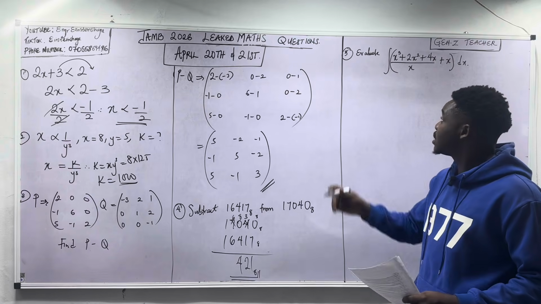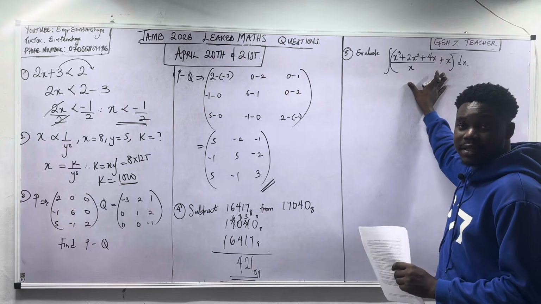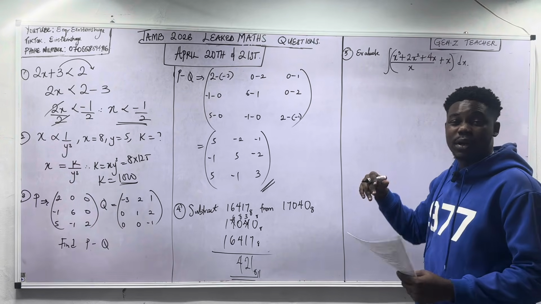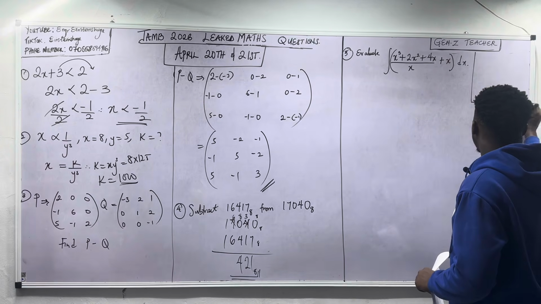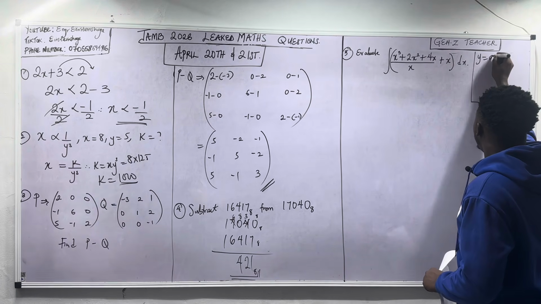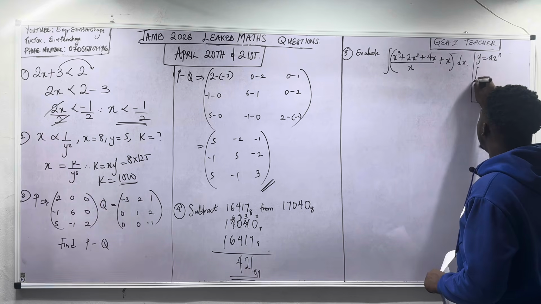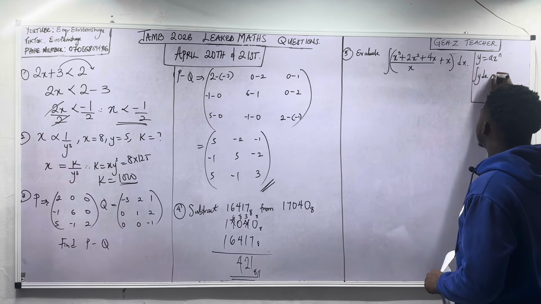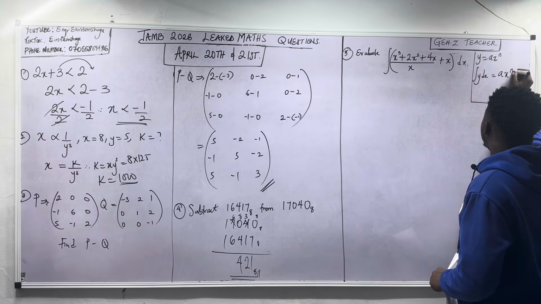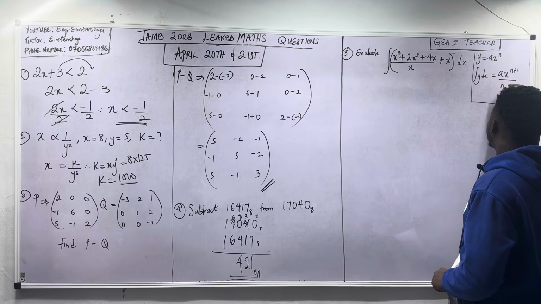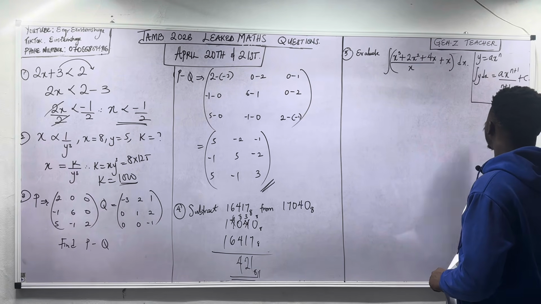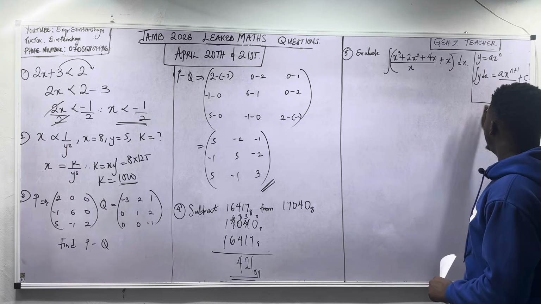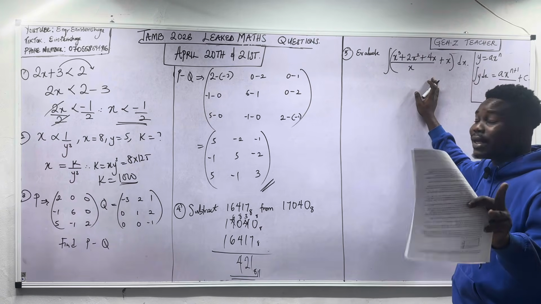Number 5 says, evaluate this value. This is an integration, okay? Now, we all know how to integrate, but we don't remember, when you are integrating, over here, if y equals ax raised power n, the integral of y with respect to x gives you add 1 to the power and divide your answer by that expression you have here, then plus c or plus k. So we're going to be doing this for this question, but before we do that, we can